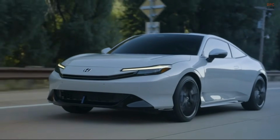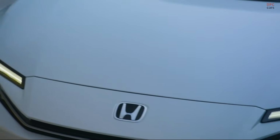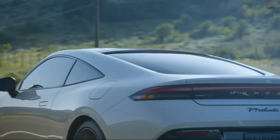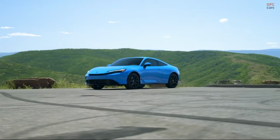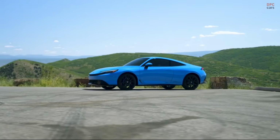Honda is bringing the Prelude name back with purpose, and you can feel it the moment you look at this sleek sports coupe. Fresh from its North American debut, the 2026 Honda Prelude blends the calm efficiency of a hybrid with the precision hardware from the Civic Type R. The goal is simple: deliver the joy of driving every day, whether you are carving a favorite road or commuting